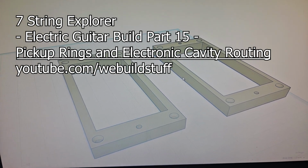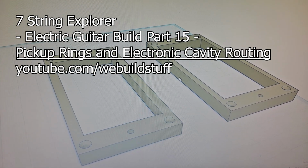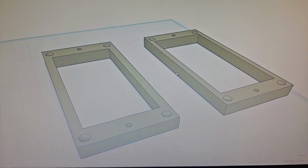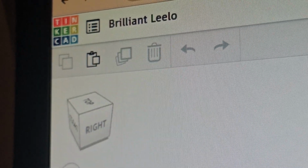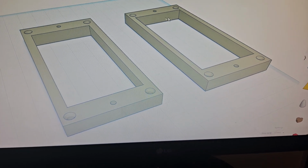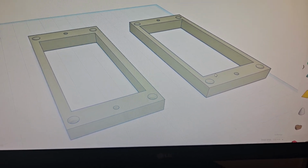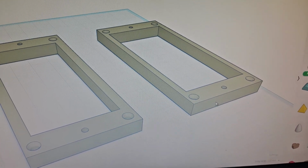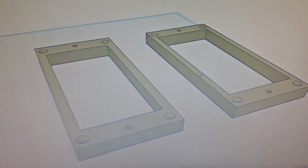I couldn't quite find online some pre-made ones that fit my pickups and the style I like. So I used Tinkercad and designed these. They are, from the outside, 99 millimeters by 45 millimeters. The height at the moment is just 7 millimeters on both of these, and the only difference between these two